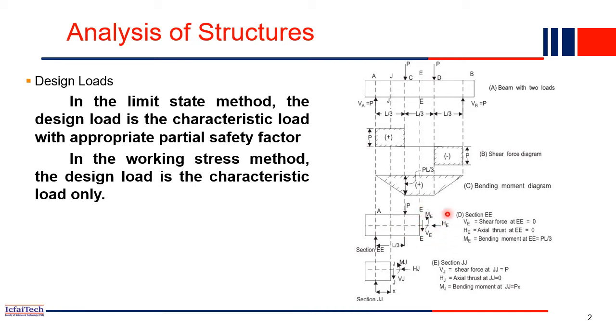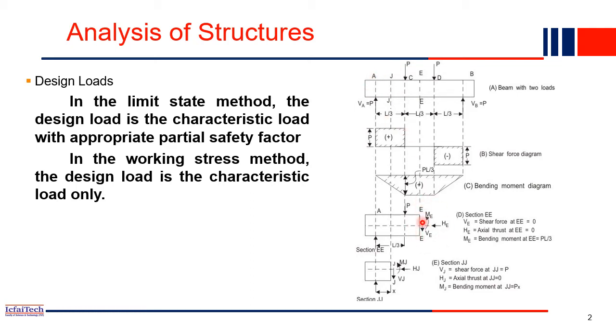These are the three forces in a 2D structure, obviously, because this beam is a 2D beam, so these three internal forces are exposed. Similarly, if you take a section at JJ, you will get the same three forces. But if you take a section at the middle, what will happen? At the middle section there is zero shear force, whereas you have the maximum bending moment. That's why it is written that shear force at section EE is 0. Similarly, axial force is also zero, because there is no horizontal force acting on this beam, so there is no axial force in the entire beam.